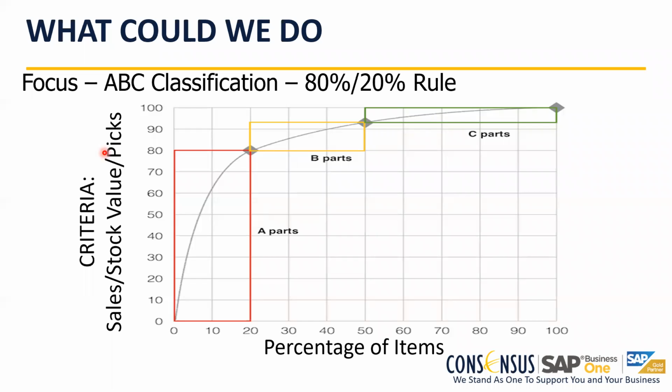So what I can do with those is organize them differently at the warehouse. I could say all my items that I pick regularly, these A items, I put them together at the front of the warehouse. So I don't have to go all the way to the back of the warehouse to pick those items that I, again, consume frequently.